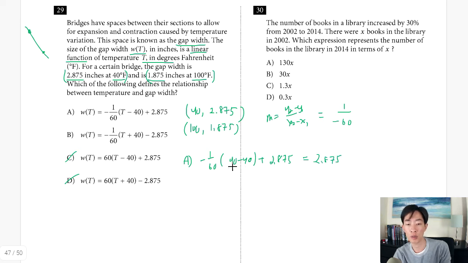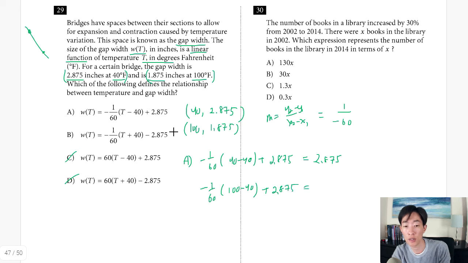And obviously 40 minus 40 is 0, so this term drops out, plus 2.875, that's going to work. Now let's plug in the second point, use the same equation, 1 over 60, we're plugging in 100, 100 minus 40, plus 2.875,